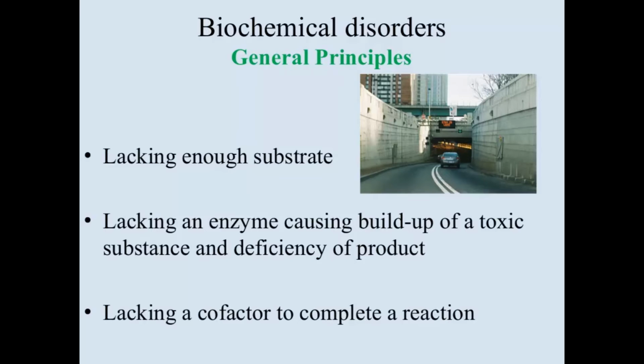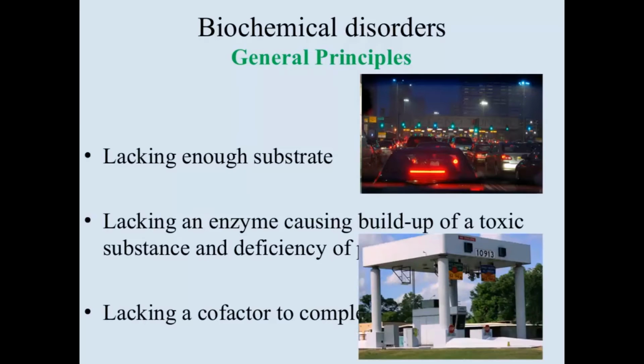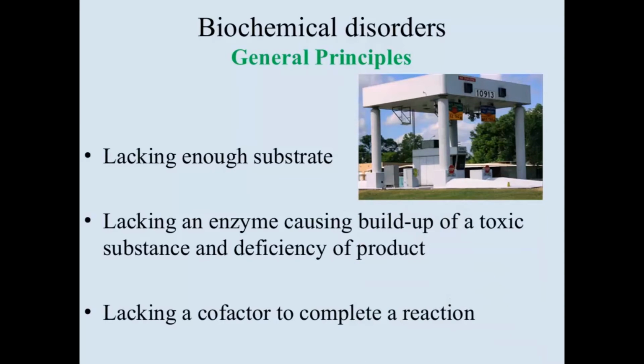You may not have something within the tunnel working, so you have a block or an accident, which causes a typical New York crunch, and then you don't get the cars going through the tunnel to get the tolls. Or there may be something wrong with the toll machine itself. This is not in New York, but if everything else is working, if the cars are going through and the tunnel is working, but you just don't have the end result of collecting the money. That's kind of how I looked at it.